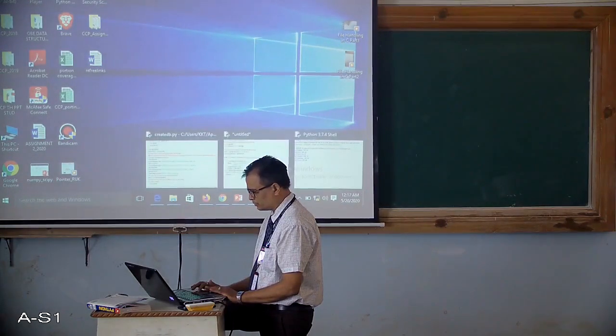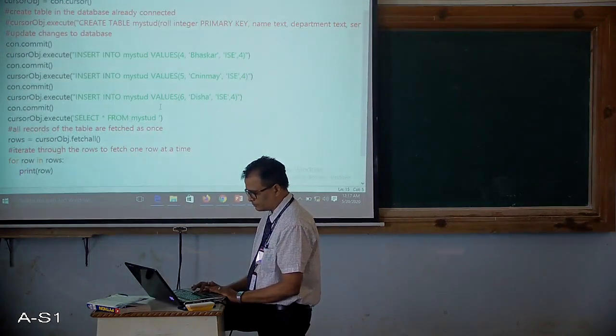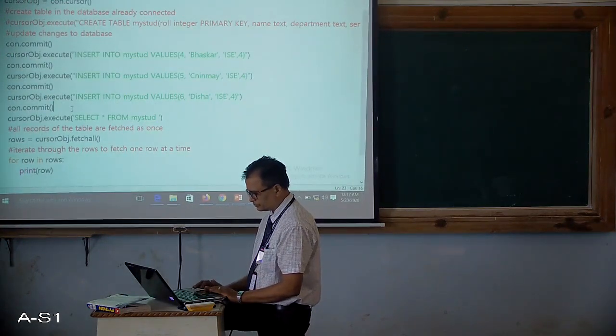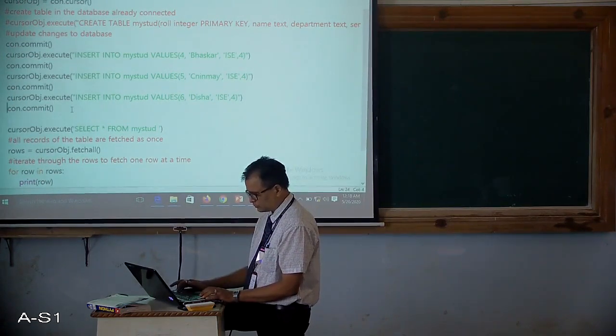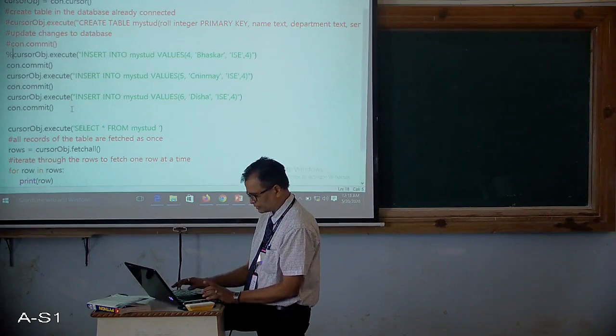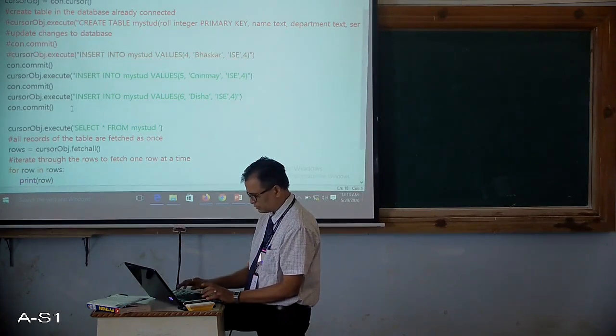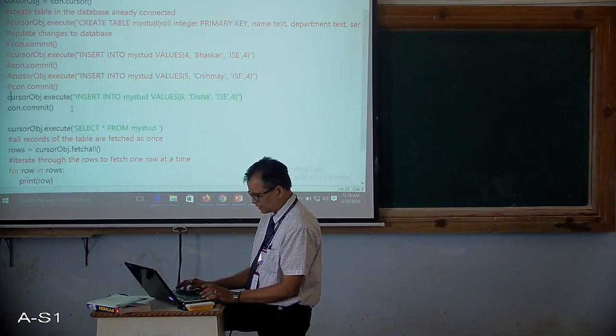So what should we do? This is the program. Now we'll put all these things into comments, because all these programs have been already done. All these statements are executed and your table contains 6 records already.